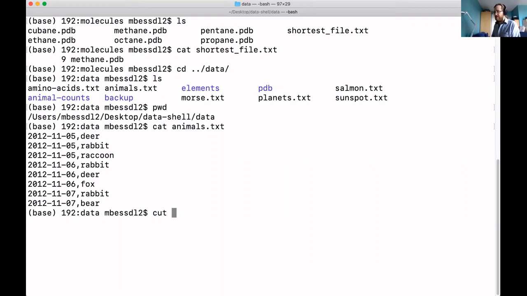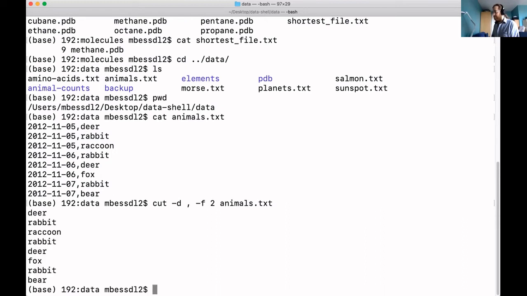We have the cut command, which is going to use a delimiter, -d is delimiter, which we're going to set to comma. And we're going to take the second field of animals.txt. Now that can give you that second field. There are some examples to go through using the cut command and also using the unique command,